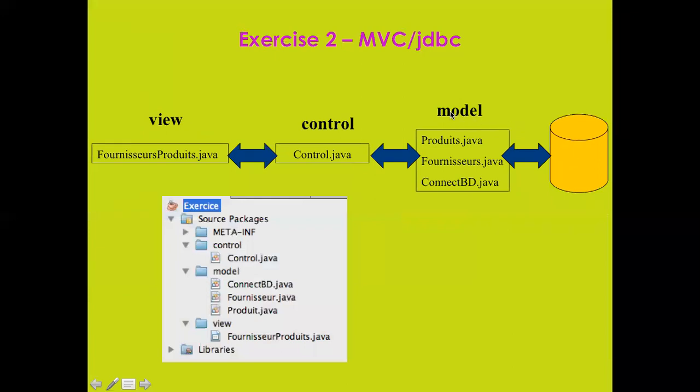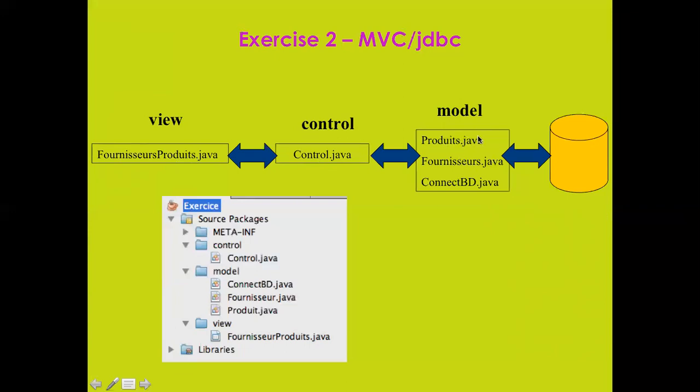We will have the view, which will be the Swing, a program called, for example, ProvidersProducts.java. We will have a control, which will be a simple Java program. And we will have a model containing a Product.java and a Providers.java. These two